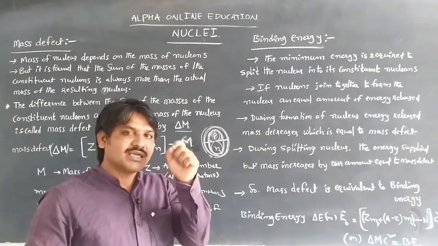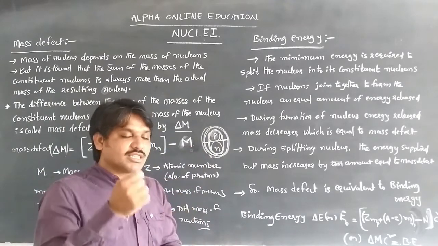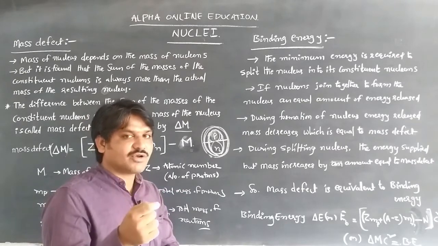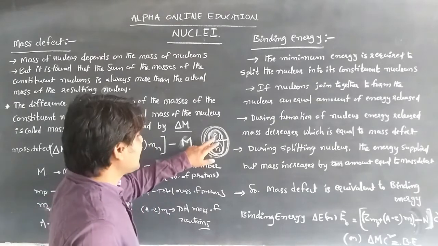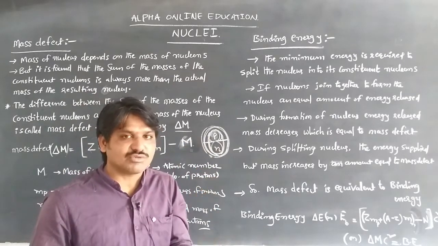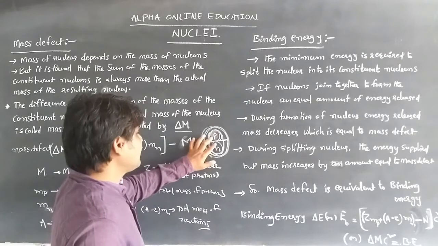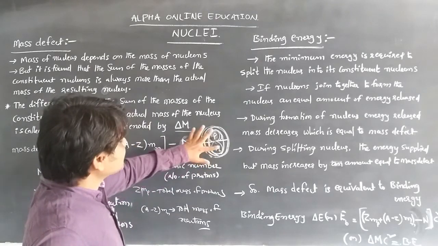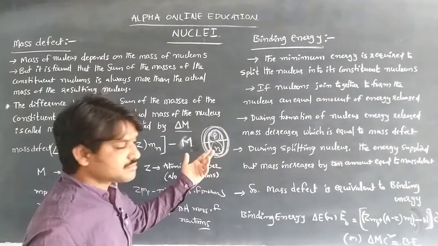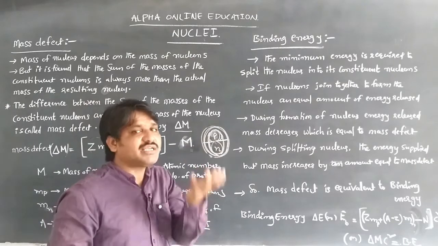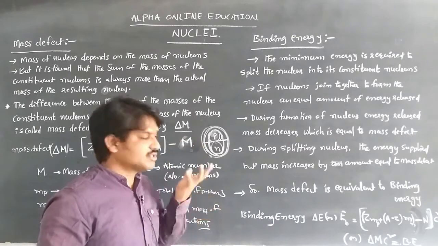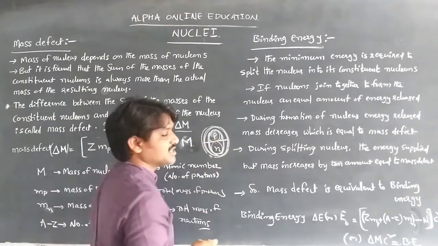of the protons and neutrons decreases by an amount equal to the mass defect. That is, the mass decreases as the equal amount of energy is released. Similarly, during the separation of protons and neutrons, some energy is supplied to them, so the mass of the protons and neutrons increases, which is equal to the mass defect. So we can say that the energy is equal to the mass defect,